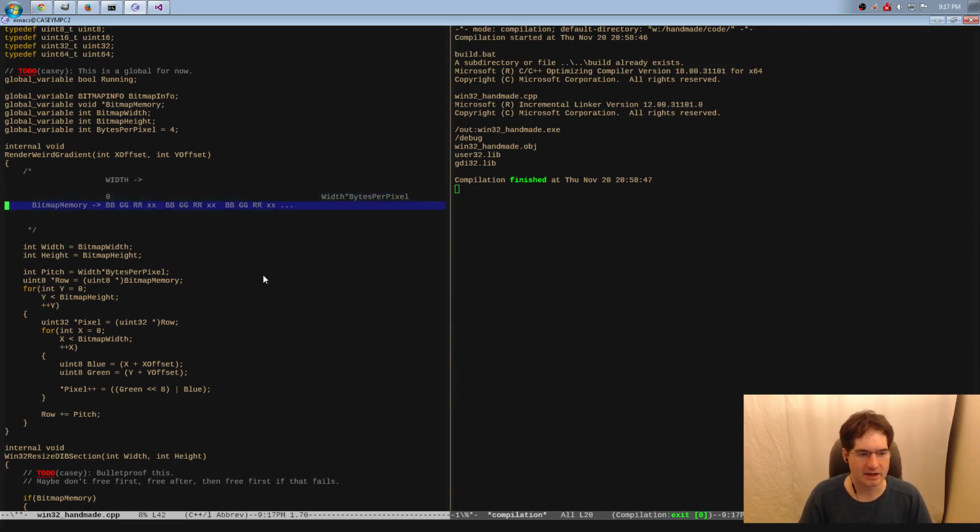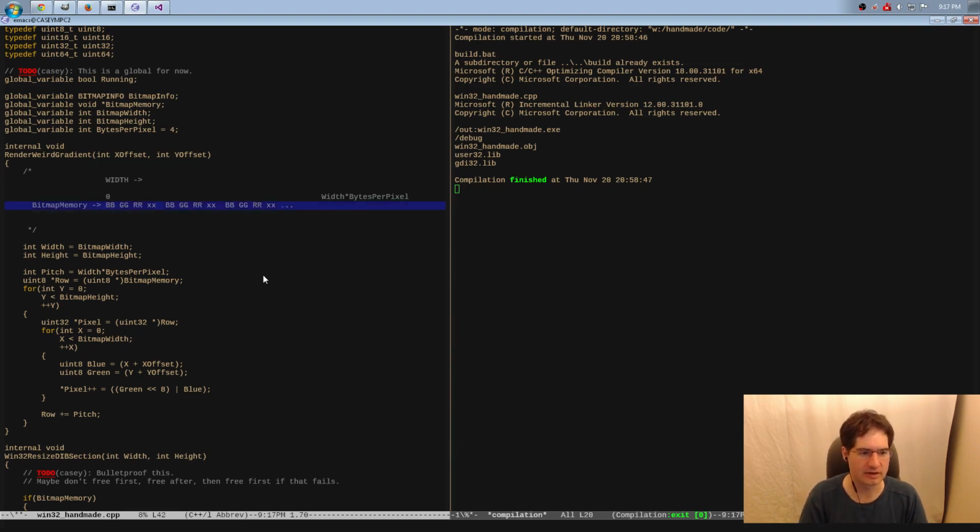So at the end of every row, if we want to move to the next row, we would already be right there because of the way that we've packed these in memory. But if the pitch was something else, let's say there was padding at the end of the row, unused stuff for some alignment reason, which oftentimes there can be in graphics, basically what we do is we take this pointer and we add the pitch to it